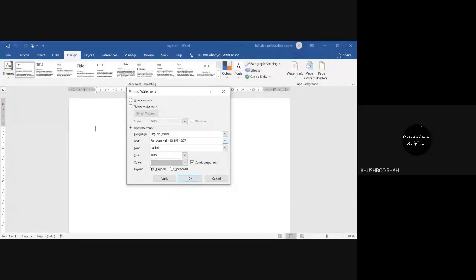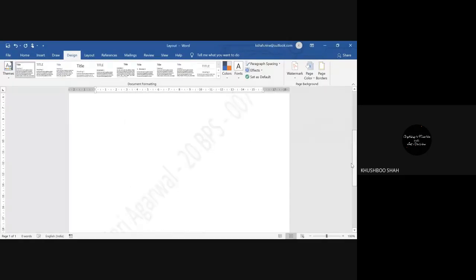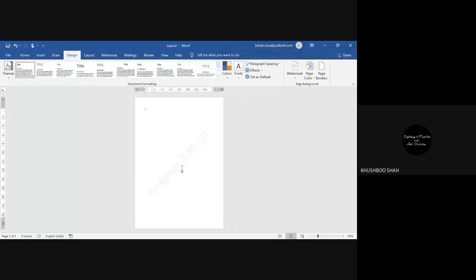Yes, ma'am. Okay, so this text I want to keep as a watermark, so nobody can copy my document. Just press OK and see. Here you can see, right? So this is the watermark. The watermark is normally used so nobody can copy the same document.